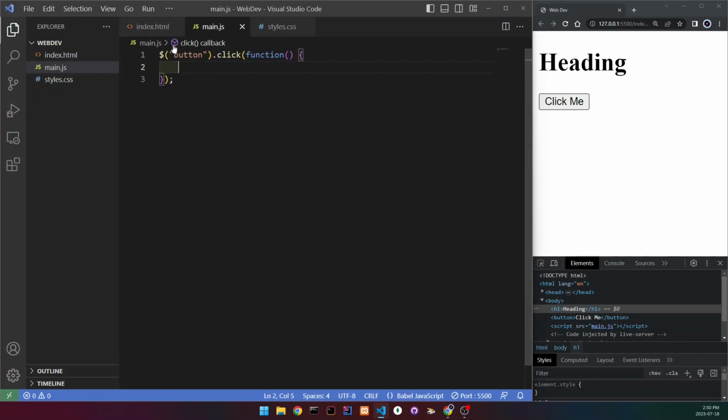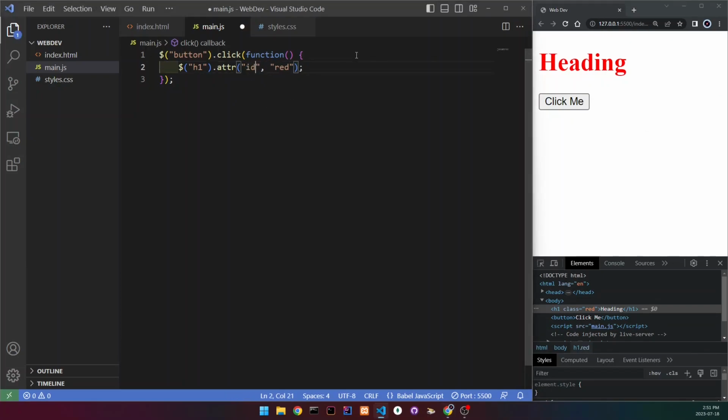And now what we're going to do is by using the attribute method, we're going to set the class to red just to get to know this method. So we're going to select the h1. And then to use this method attribute, we're just going to write attr, which is short for that. So we're going to set class to red, which is going to change the color of the h1 to red. Now we can see here that when I click the button, then a class of red gets added,